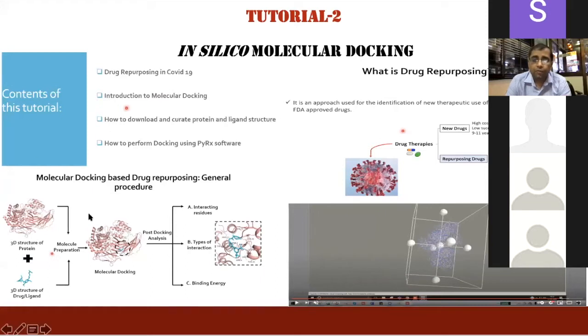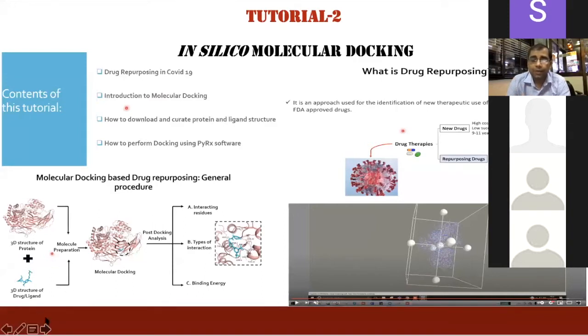For doing this, you have two different things to consider. One is your protein's three-dimensional structure, and second, of course, you have a drug or ligand. So you're looking at two different types of in silico approaches to prepare both of these molecules first. For many proteins, you have the known structures available, and then your job becomes much simpler. For many proteins, you don't even have the structure available. Then you have a much tougher and more challenging problem to explore.